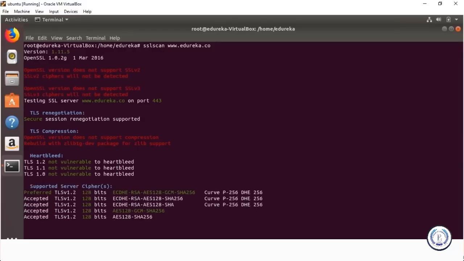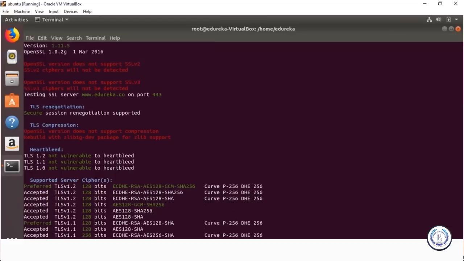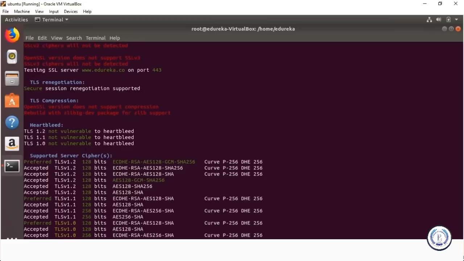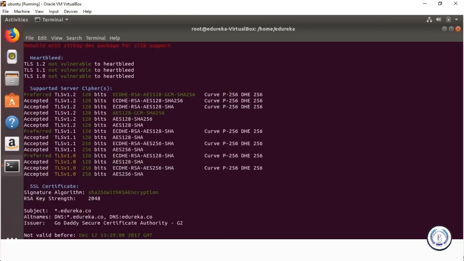So I'm going to do an SSL scan here against the website, and you can see it's going out and probing all the different types of ciphers that we know on this system. Start with SSL v3 and going to TLS version 1. And we could force SSL scan to try to do an SSL v2. If I scroll back up, here I get the server ciphers, which is SSL version 3.